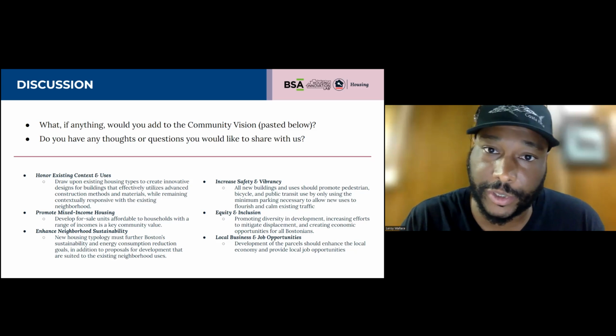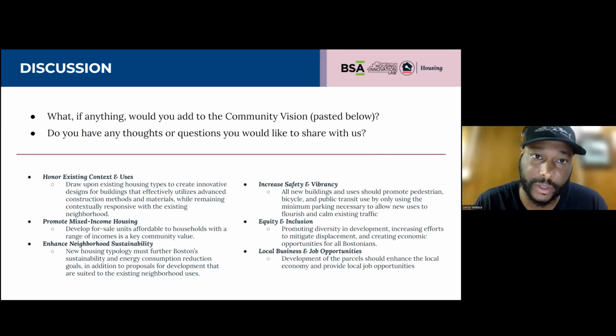I'm actually looking at it from both lenses. I know there's units needed in the city. The city wants more units, but also, as a developer, it has to make sense when you're building it. But at the same time, like I said, I went to Boston Public School. I understand the issues with the community because I still live in it.